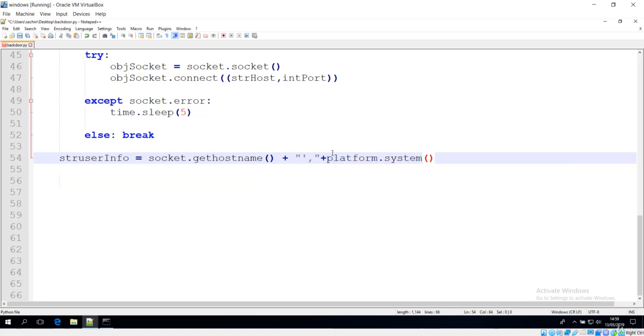It is the method of this platform module to get the system, and the next thing I want to get is the release method. Let me give some spaces to make the information more friendly, and it should be platform dot release method. If you see here, this line has already become bigger. If I press plus and give a backward slash and go to the next line, this is not going to work in the case of Notepad++. So just remember that you have to write everything in a single line over here.